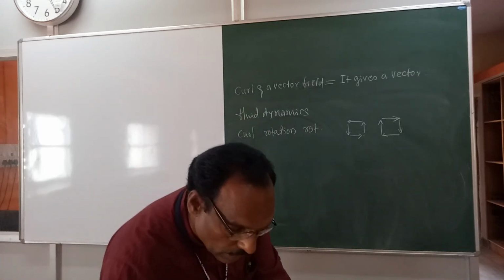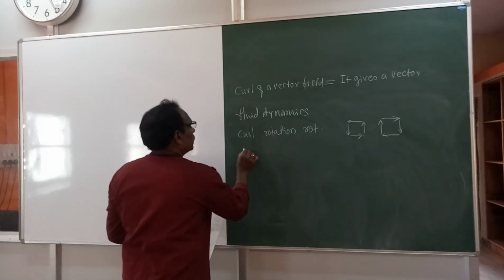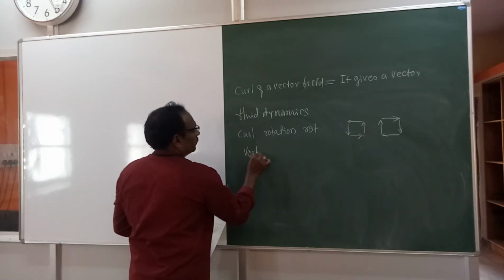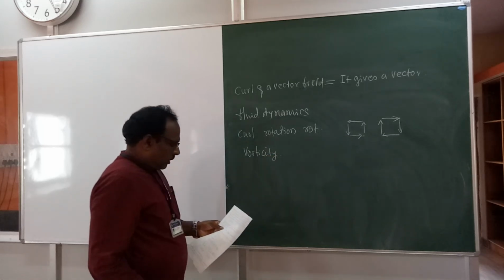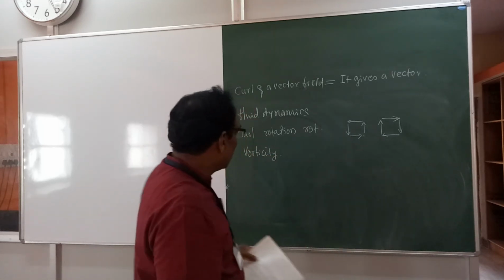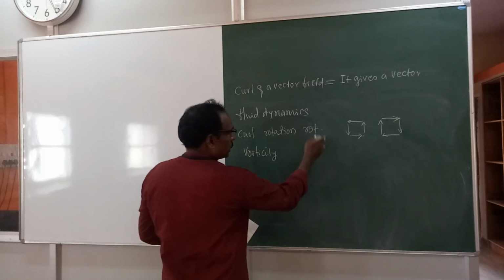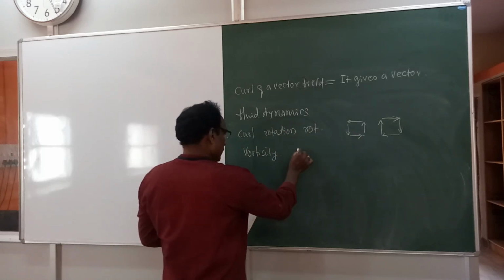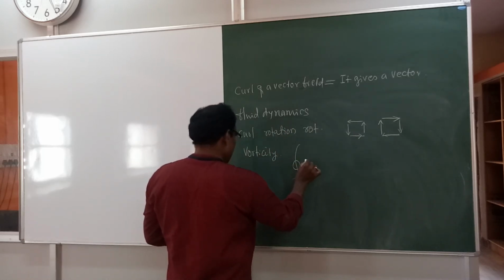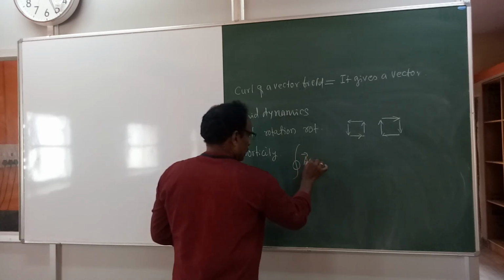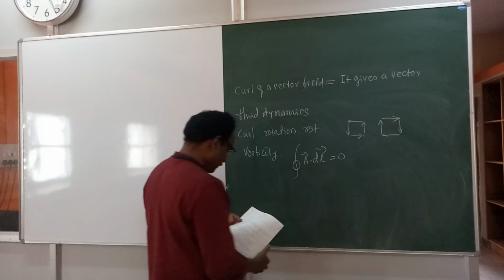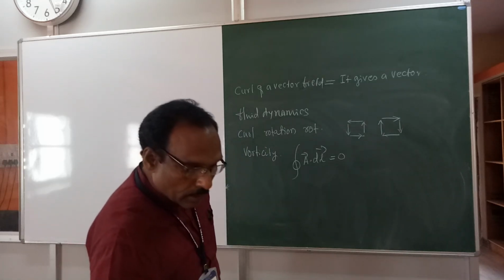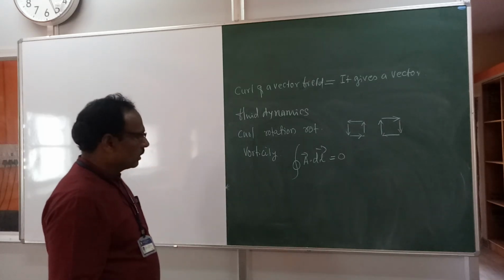We write it as vorticity. So the line integral of such a vector, that is the closed line integral of a vector A dot dl, is equal to 0. That means closed line integral